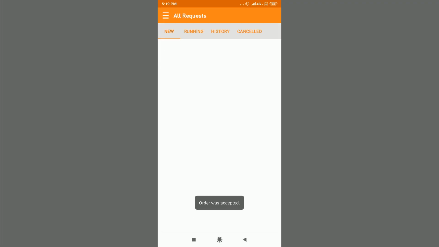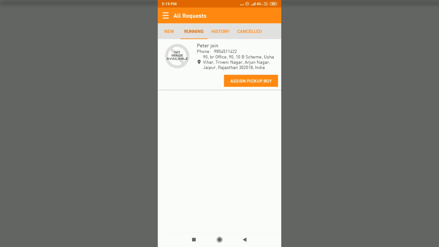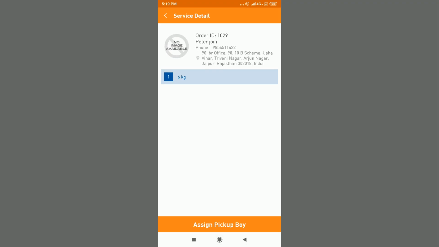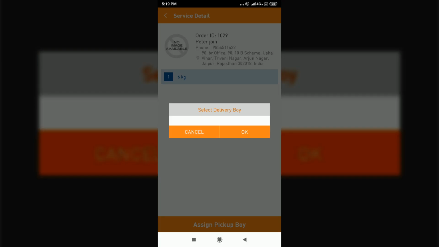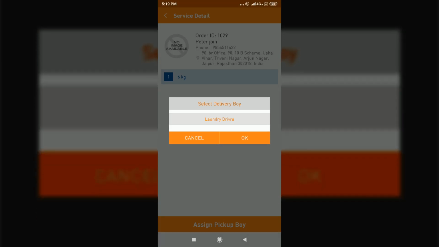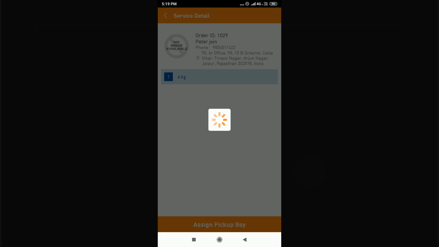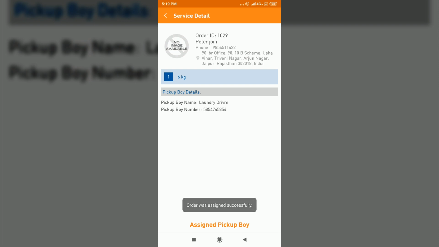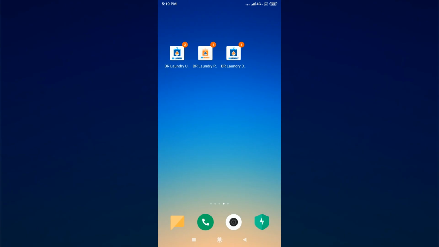Now this order goes in running mode. Now the delivery boy pickup is required, so I assign a pickup boy. Here I can see there is one delivery boy, and just select his name, so the order has already started and the pickup boy is assigned his task. Now there are two notifications for the user, like the order acceptance, and second one, the assigned pickup boy